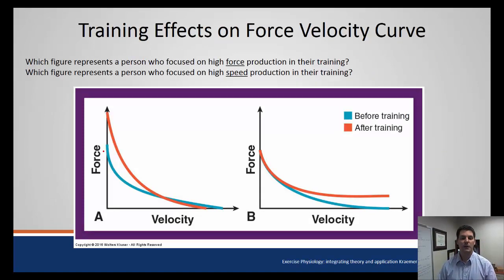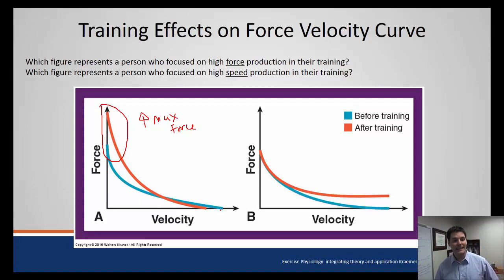And if we look at this, this is a figure from the Kramer book as well, that just kind of shows how these training paradigms can be. And essentially, I've asked the two questions here. So which figure represents a person who focused on high force production in their training? So again, type of training that would be specific to not worrying about the velocity, but would mainly generate high force. And so if we look at the graphs, the blue line is before training and the orange reddish color is after training. What we can see if we highlight the beginning part of this curve is that this person obviously focused on high force production. The reason for that, we can see two reasons. One, their maximal force went up,